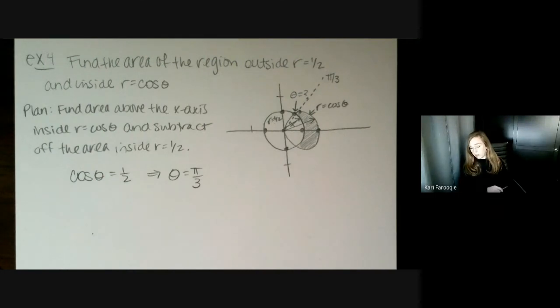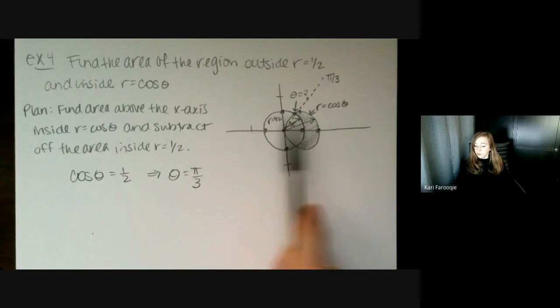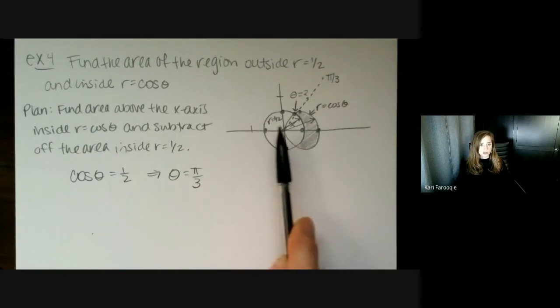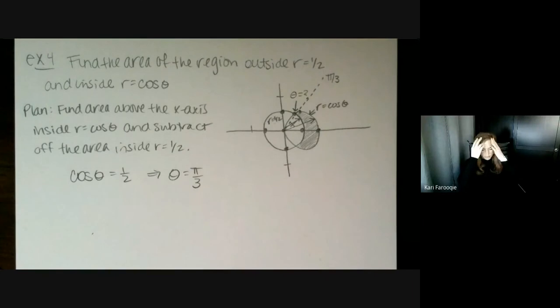And this might be one you have to stare at a little bit. The one I'm going to do asynchronously is kind of like this as well. So you'll see another one of this type. And by the way, the one I'm going to do asynchronously, I'm going to move the region around that we shade. So it'll be like, okay, maybe now let's find the area over here versus over there, or maybe even the intersection. Maybe I'll add another part to it. I think that's what I'll do. I'll add another part, because really the setup is what I want you to get down here. It's not the integration itself, it's the setup.